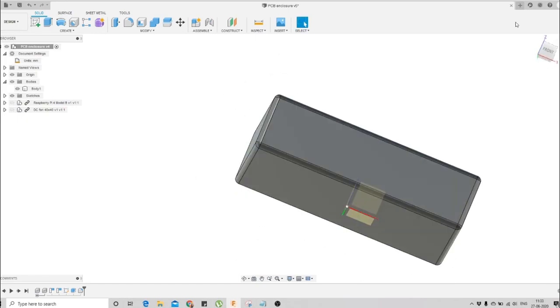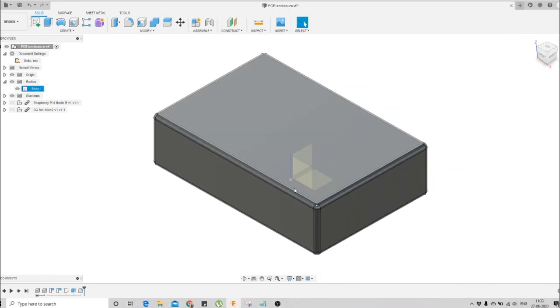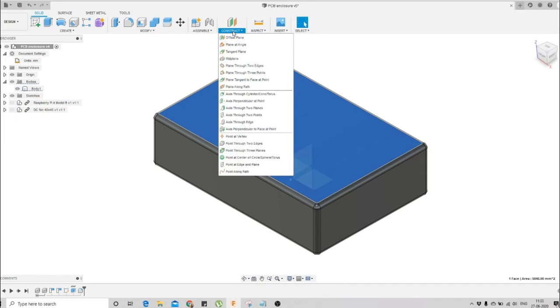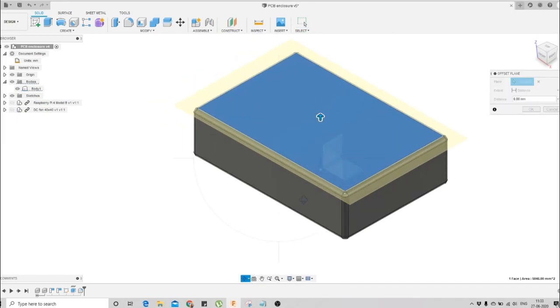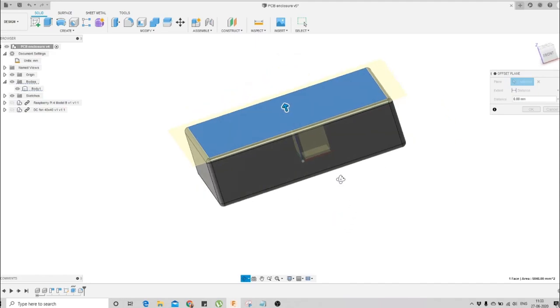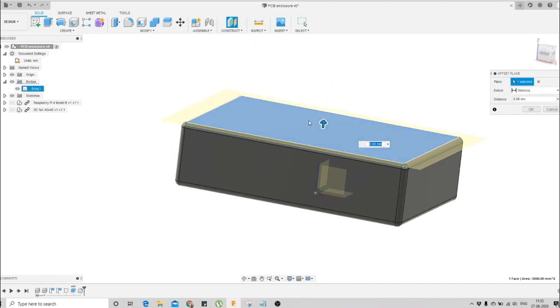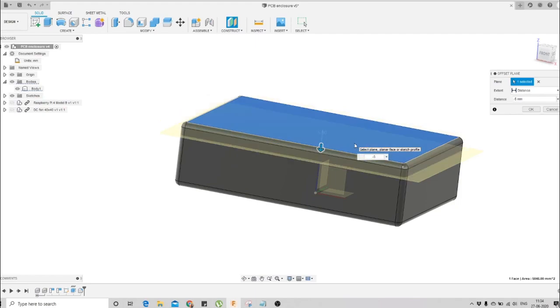So to create a construction plane, we go to our home position. Here you can see this is our home position. We'll select the plane. This is the top plane of our extrusion, and click on this construction option, offset plane. Now it is asking how much distance you want the selected plane to be offset. So I will say maybe minus 5 mm. So minus 6 mm, let's say minus 6 mm. I want it minus 6 mm below from the top, so I will press OK.